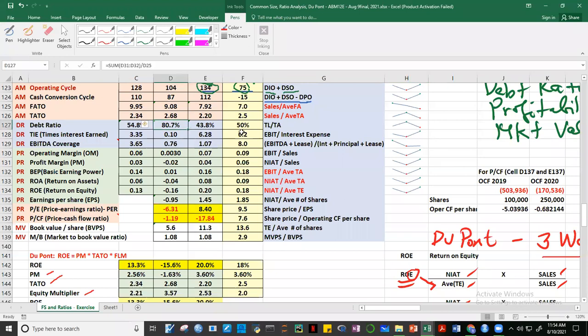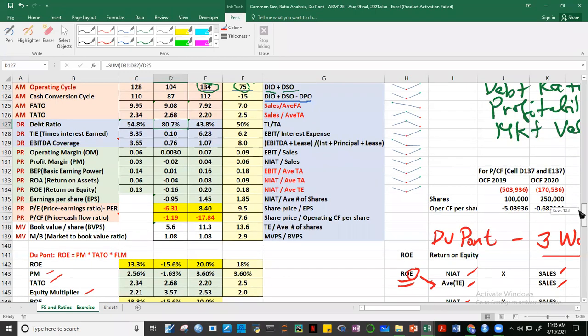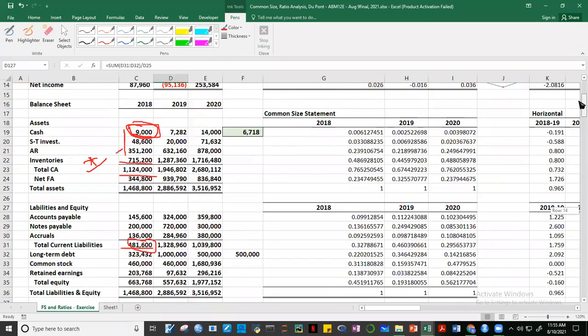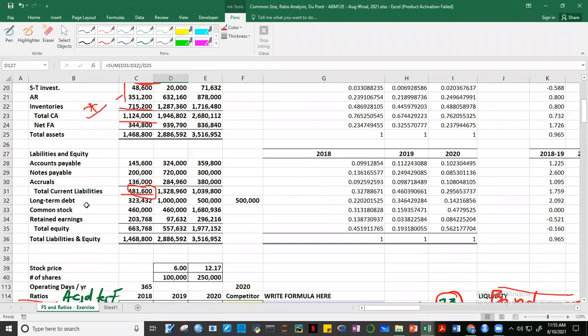So maganda ba yung 80.7? Well, we don't know really, no? The company has to address that, pero dito nakikita natin na yung debt ratio nag-shoot up from 54 to 80%. Saan nanggaling yun? Kasi kung titingnan natin yung balance sheet, guys, you'll notice na yung long-term debt niya, 323 tas naging 1 million. Tumaas, no? Tumaas yung long-term debt, tapos yung equity, pareho lang din naman. Okay, so you have a scenario here where debt really went up, equity remained the same, so tataas talaga yung